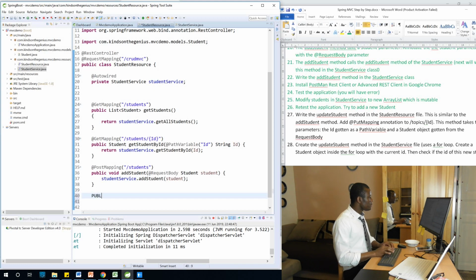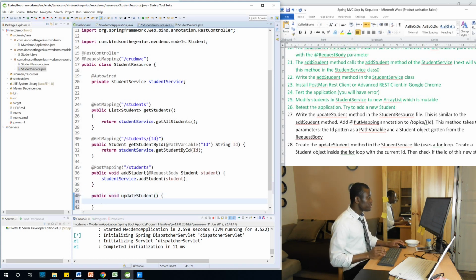So I'm going to say public void. If we're updating a student, it's not returning anything. So the return type for update is going to be void, more like the same as the post method. So I'm going to say update student. Now the instruction says, okay, let me complete this first. The instruction says